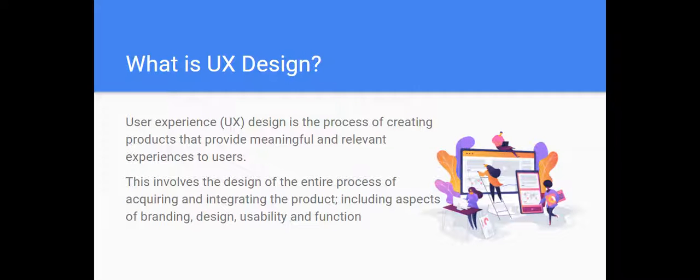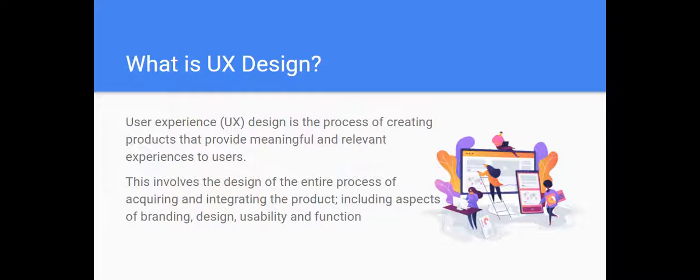So, what is UX design? UX also means user experience. So, UX design is a process of creating products that provide meaningful and relevant experience to the users. Your users become the focus and the core center of every product that you want to do. So you want to design products, you want to create products that are meaningful and give good experience to the user. So this process will involve acquiring and integrating several aspects throughout your design from the start to finish, which